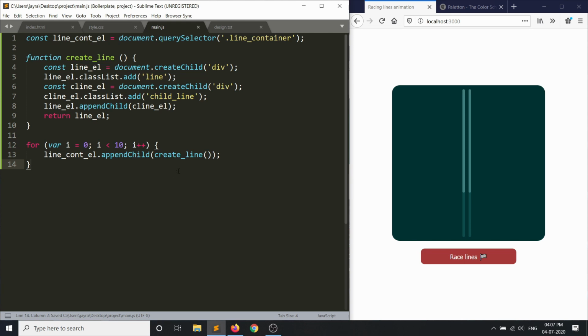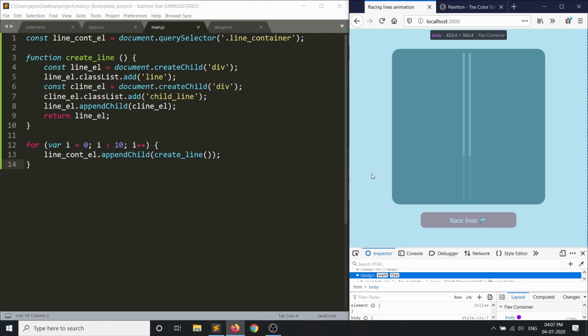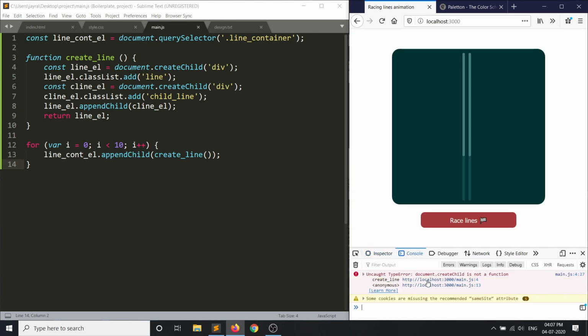And nothing happened. Okay, let's think about what happened here. Let's inspect. Do we have some error here? Okay, createChild is not a function. I think it's called createElement. Is it like this?